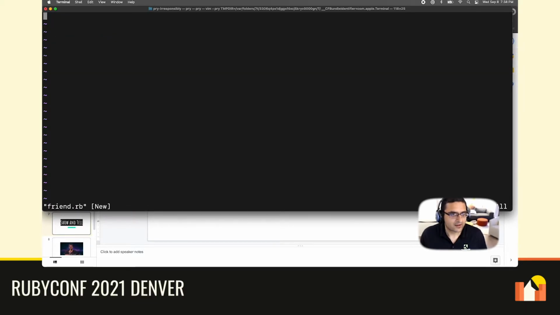So we do that. What I just did right there is I ran .vim friend.rb. Whenever you use a dot in front of any command in Pry, it means you can actually run commands on the terminal that is the parent of where you ran Pry. So you can really run arbitrary bash commands. And so inside of here, we are going to define friend,